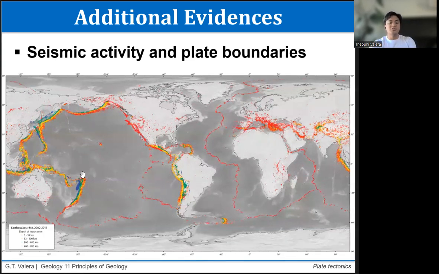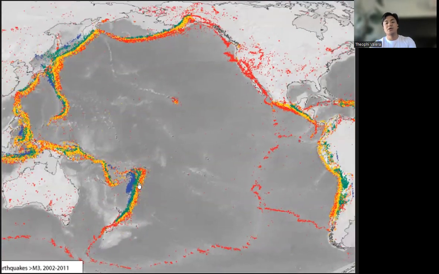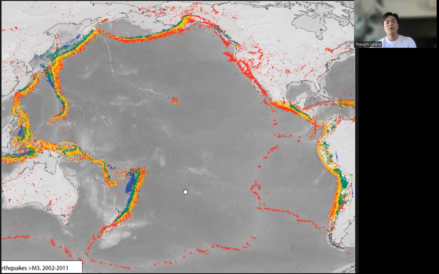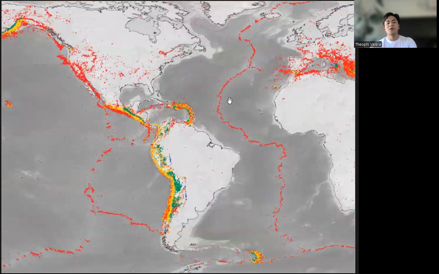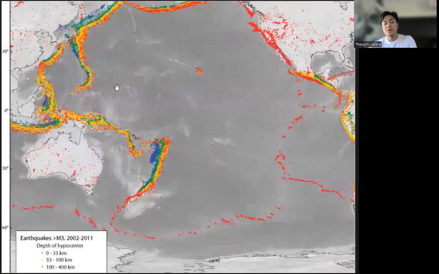For example, as you can see, most of the earthquakes are actually located along plate boundaries. Again, here in the mid-Atlantic ridge, which is a spreading center. So these are areas where new oceanic crust is formed because the plates are moving away from one another. You get a lot of volcanoes in areas like this in South America, North America, in the Philippines, Japan, and here in New Zealand, Papua New Guinea, we also see a lot of earthquakes.